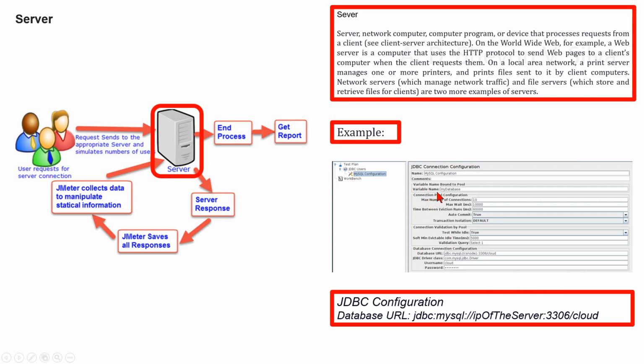Here is the variable name, here my database bound to pool. This needs to uniquely identify the configuration. It is used by the JDBC sampler to identify the configuration to be used. Here you can see a database URL, jdbc:mysql://, here this can be the IP address, IP of the server, and then here :3306